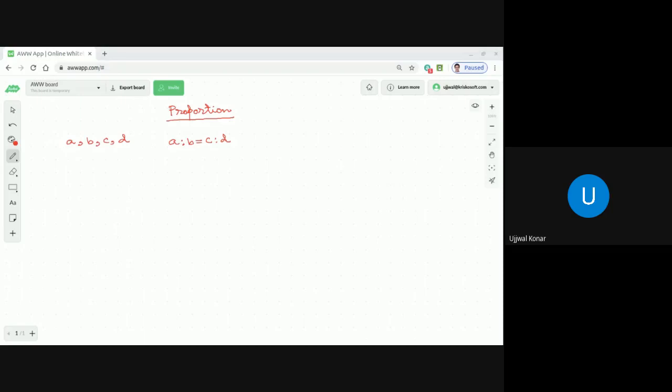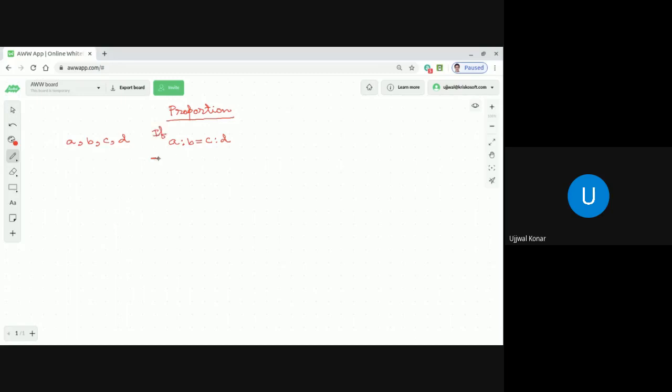We know what is ratio. A is to B is ratio. If you remember, in our last class we discussed this. So now the definition of proportion is that, if four quantities A, B, C, D are such that the ratio A is to B is equal to the ratio C is to D, then we say that